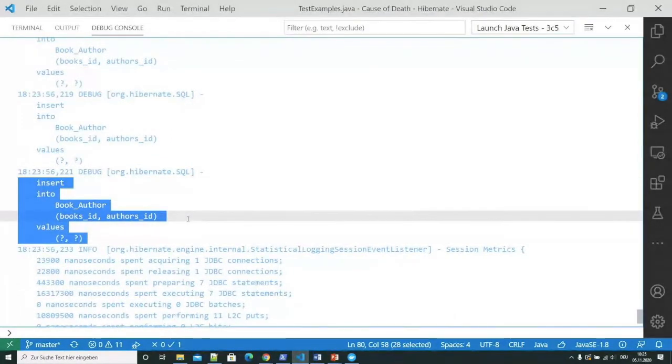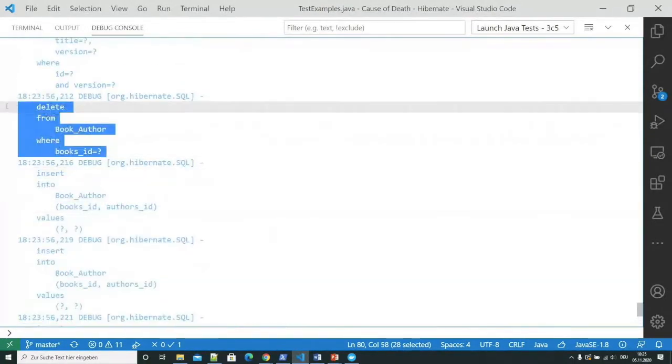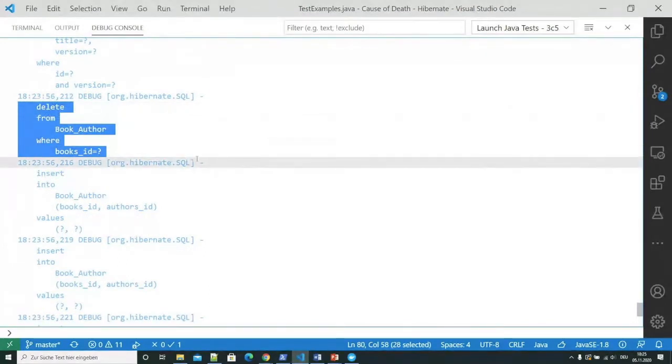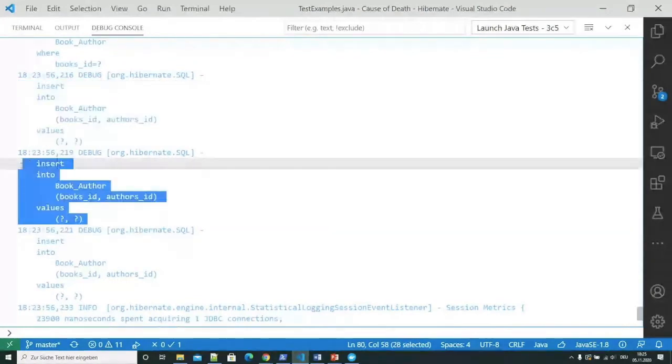Again, we are working with a small test database here, and luckily the book was only written by 4 authors. Let's say we have something with more elements, a few thousand. That would mean we first delete all of them from the association table, and then we have an insert statement for each of them.